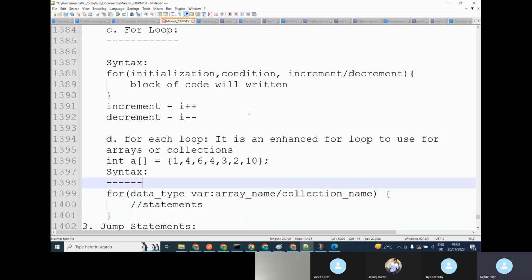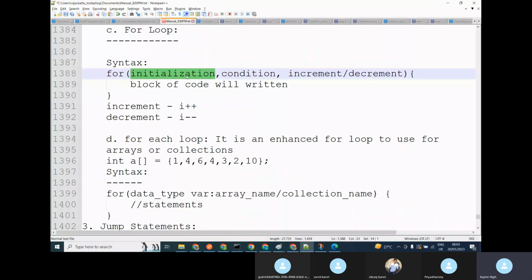Okay, here we have used initialization, condition, or increment or decrement, right? So here we are not using any condition or increment or decrement. Just we are using the data type. What is the data type that we are using? Whether it is a string or an integer or anything. Then give the variable name or identifier name. Then whatever the array. Suppose here I said int array a is equal to